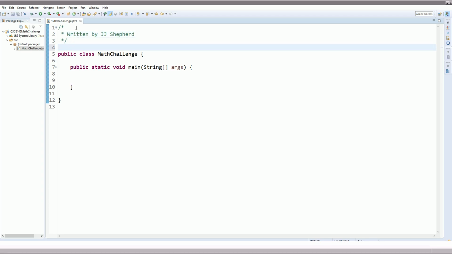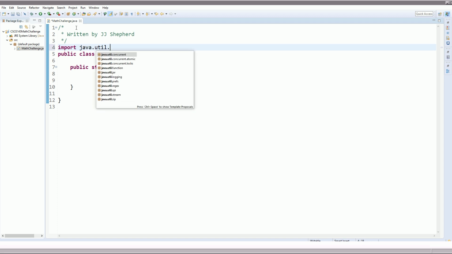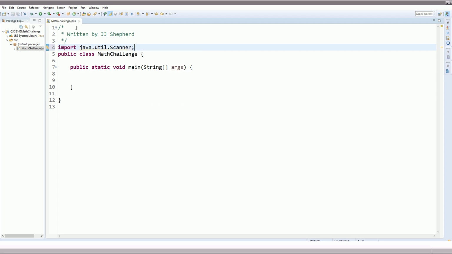Now let's say we're going to keep this fairly simple. Let's say that the math challenge is just going to give me a simple addition problem to wake my brain up. Well, this inherently means that this program is going to need some kind of input, and as we know, we're going to use import java.util.Scanner